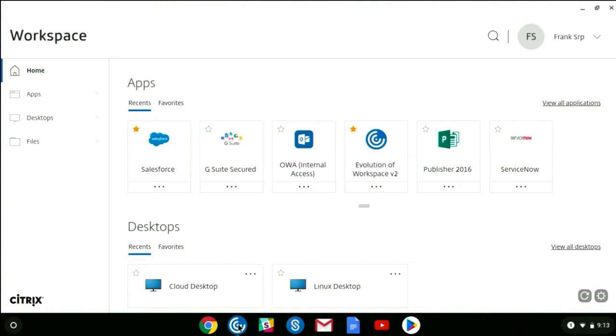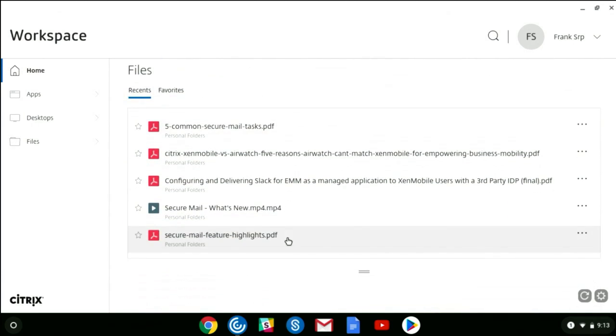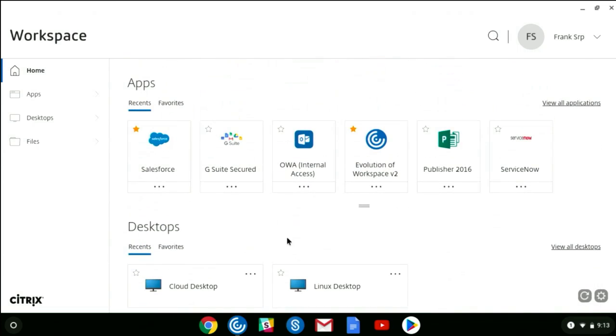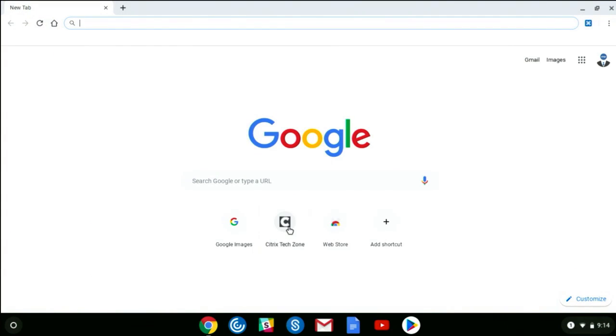And when that launches, it's going to give me access to log in, and you're going to see I have access to the same apps, desktops, and files inside here. So I can go ahead and launch those, use them, and then close that out. I can go ahead and launch Chrome here, and I'm going to go to